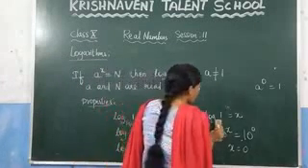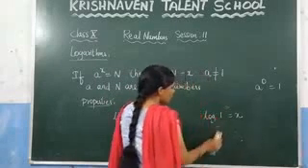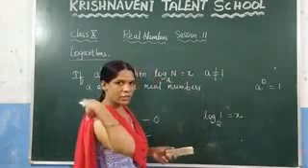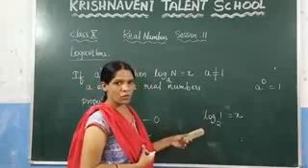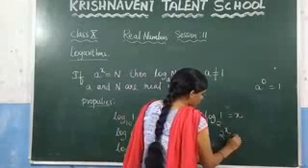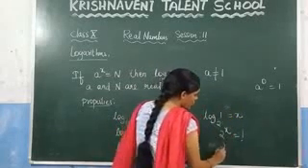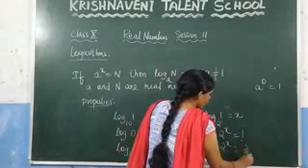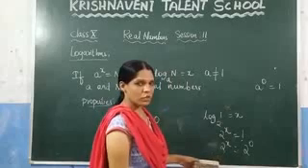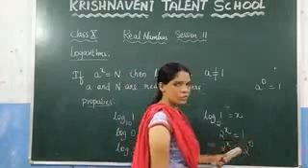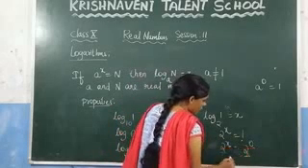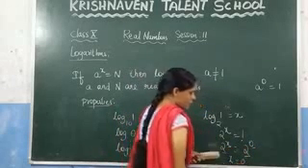Now, consider changing the base. Consider log 1 to the base 2. To find this value, let us express it in the form of an exponent. You can write it as 2 power x is equal to 1. Anything to the power 0 is always equal to 1, so we write 2 power 0, which is nothing but 1. Since the bases are equal, you can equate the powers. So you get the result as 0.